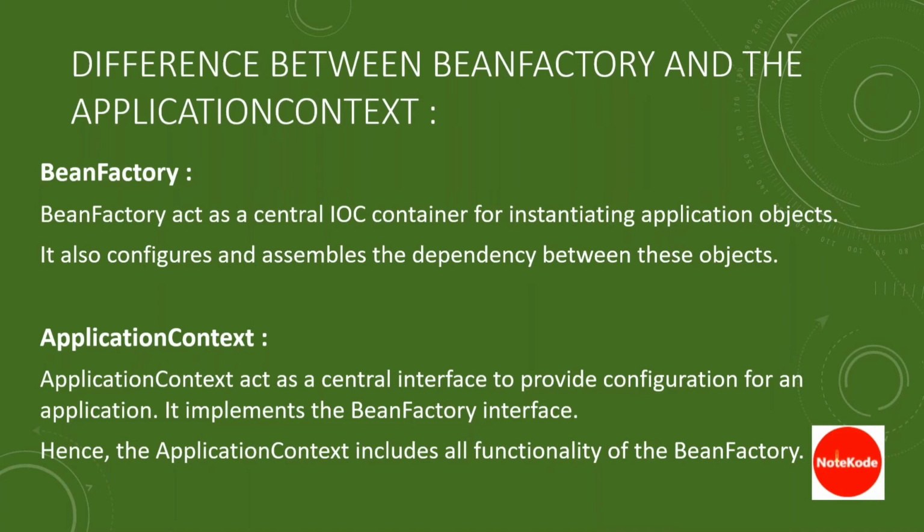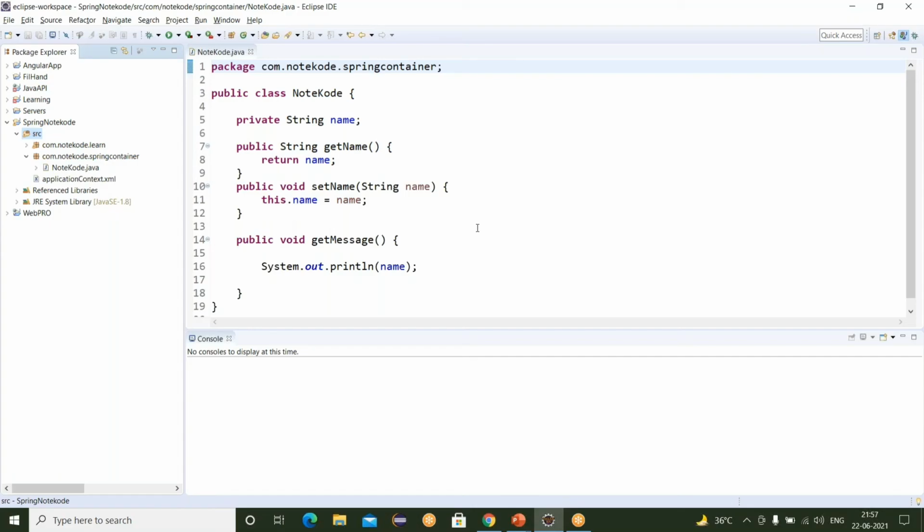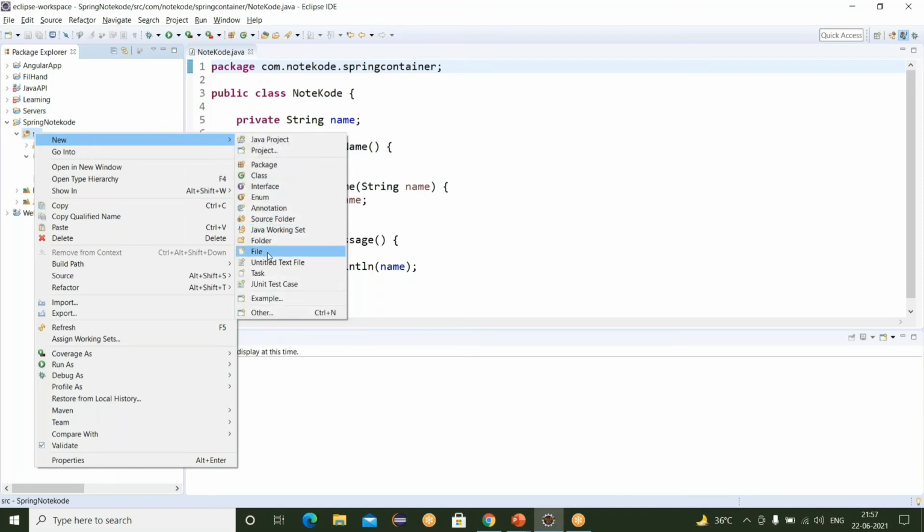Let us understand the Spring IOC container with a simple Java code example. You can see our POJO class is already created here. Now we have to create the Spring configuration XML file. For that, just right click on the src folder, go to file.